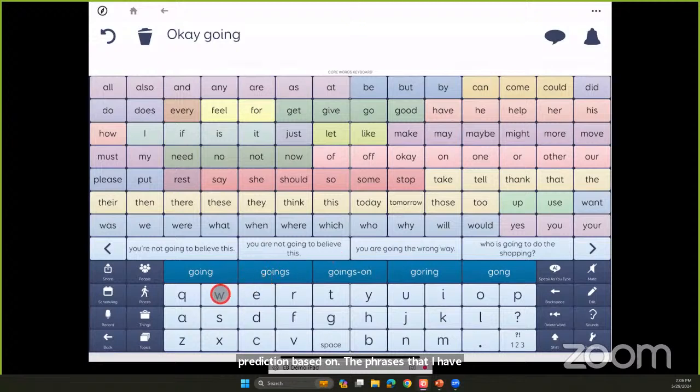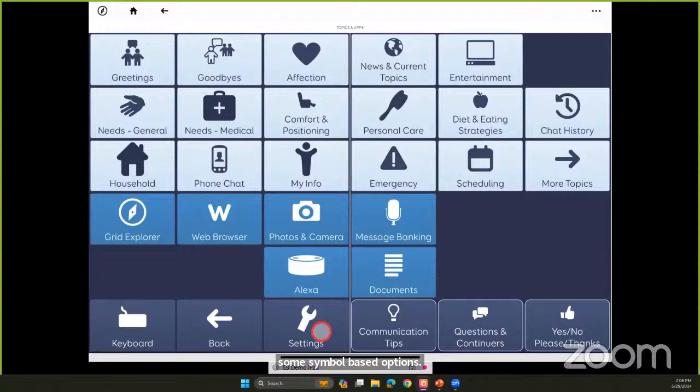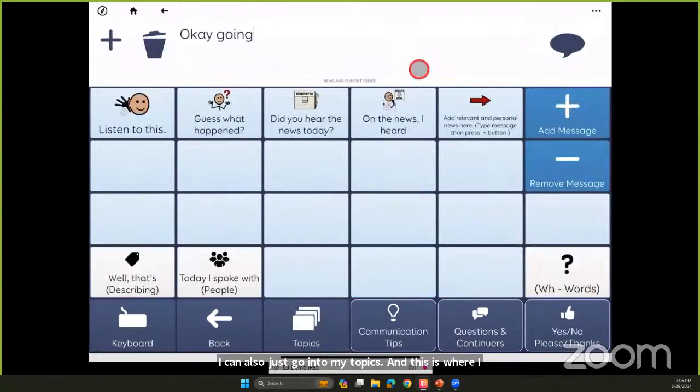In this setup, these topic buttons are a little small, but I do have some things here. So I could go into places and it would give me some places as well. You can have some pictures as well because Grid for iPad does have some symbol-based options. I can also just go into my topics, and this is where I can have different topics built in, and I could say them as well. But if I go back to the keyboard,